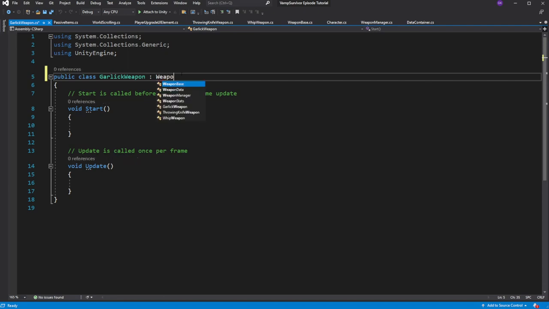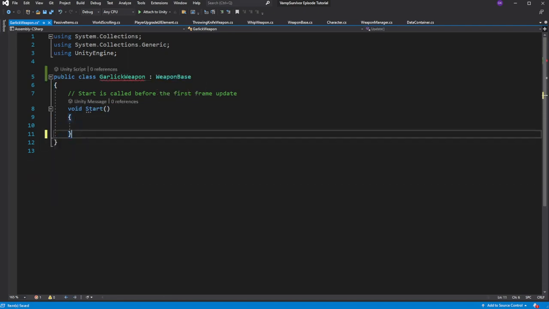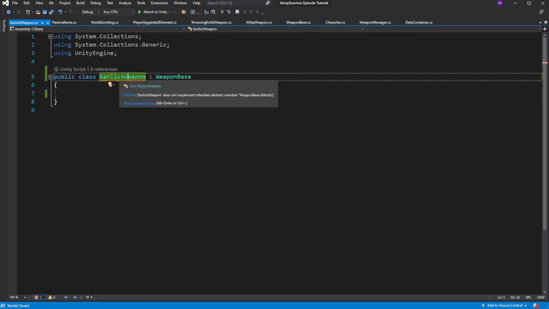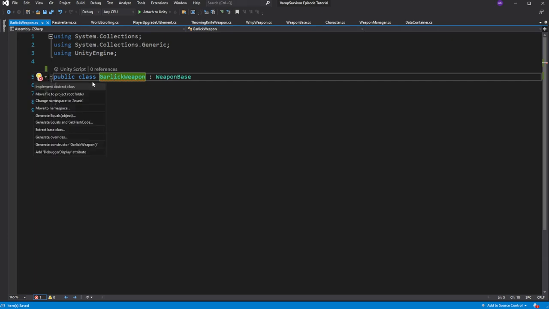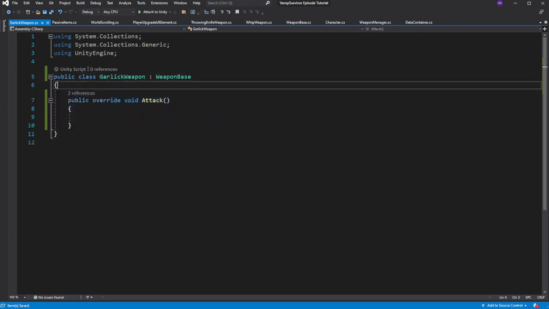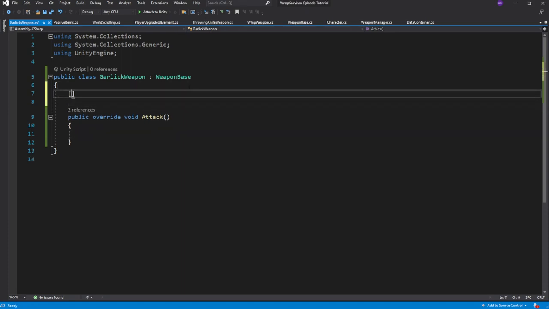Each weapon inherits from the weapon base. Create a new serialized variable called attack area size to define how big our garlic weapon's area of attack is.